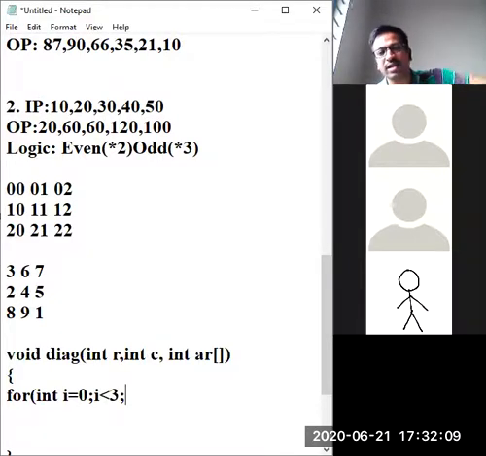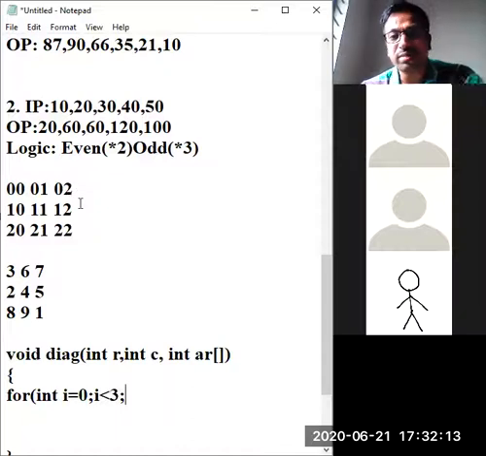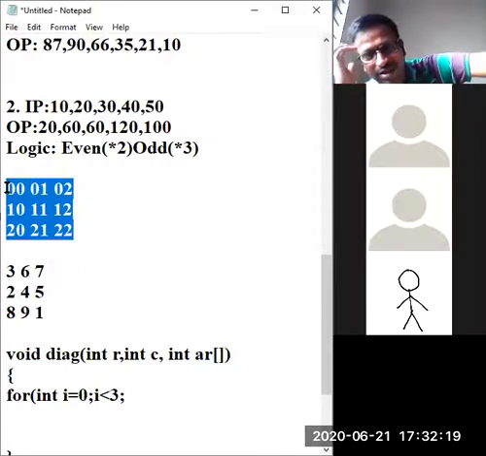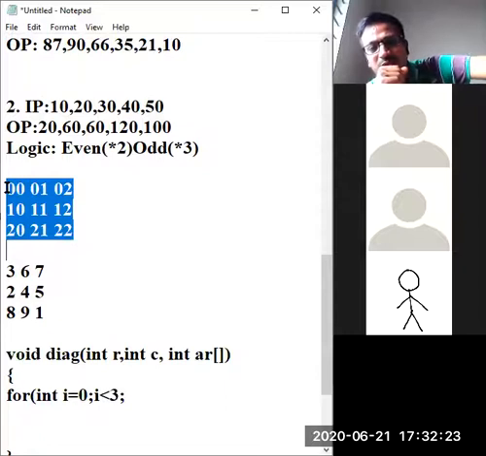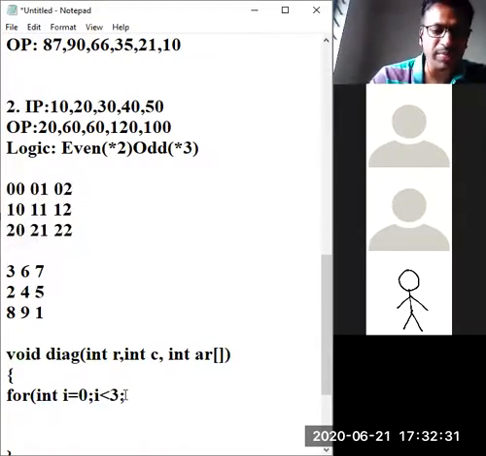What is there? Less than 3, right? Less than 3 or not? See, I ended at the maximum number present in this. The positions in this positioning: the maximum is 2, and the minimum is 0. Running between 0 and 2 means less than 3, or not? Yes. i means row. Let us consider row positioning, and i plus plus. And being a 2-dimensional array, you will get 2 for loops.